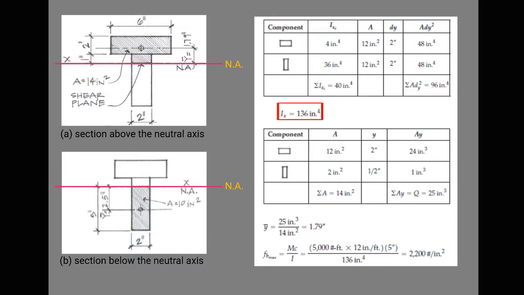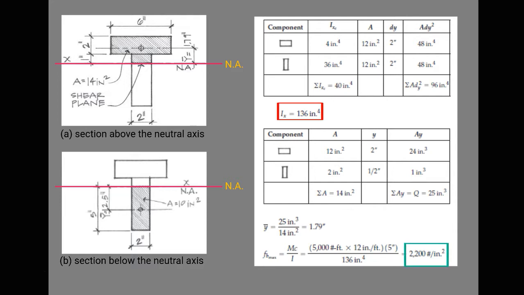To determine the moment of inertia about the x-axis, we need to determine the area and the location of its centroid in the y direction. Always pick the easier half of the cross-section in calculating Q equals A y-bar. Using the formula Fv = VQ/Ib, the maximum shearing stress is equal to 2,200 pounds